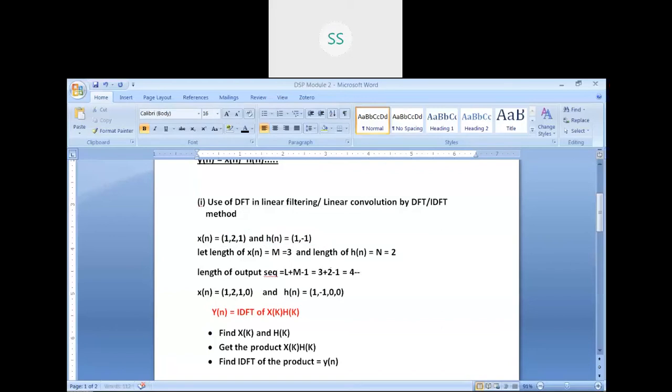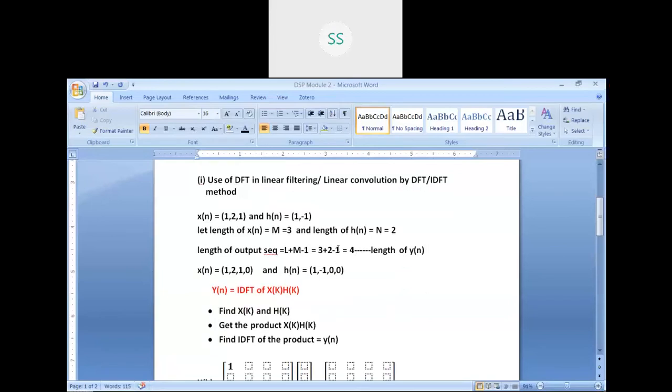So this is 4, and in this case 4 is the length of the y of n sequence, the output of the linear convolution. Therefore, in time domain linear convolution, we are not worried about these two parameters L and m. Whatever the length of x of n or the impulse response h of n, you go on performing the convolution, and finally when you check the length of y of n, it will always satisfy the condition L plus m minus 1.